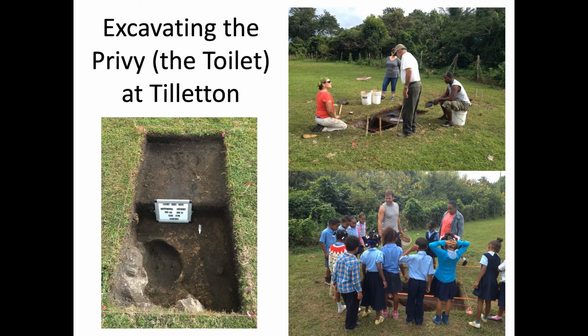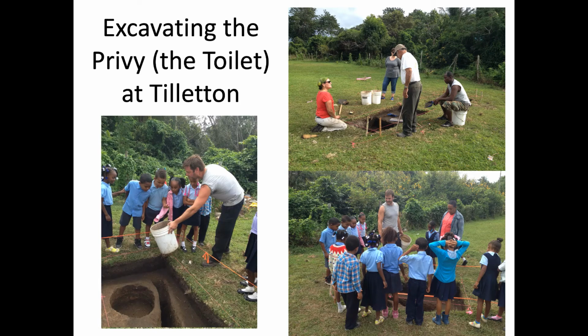And so during our excavation season, we held an open archaeology day at the site and invited members of the community to come and visit, ask questions, see what we were uncovering in the excavations, and teachers actually brought all of their students. We had 78 students ages 7 to 14 come over on a walking field trip from the Crooked Tree School, and we showed them the excavations, shared with them the artifacts we were finding,